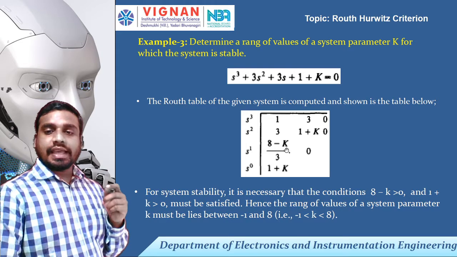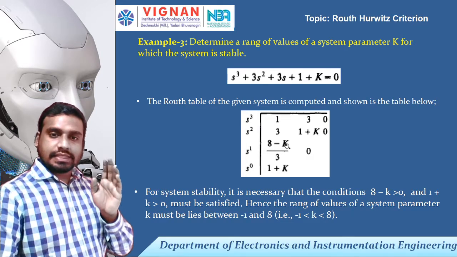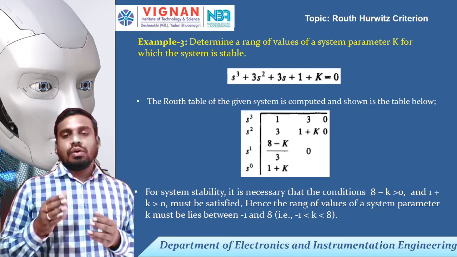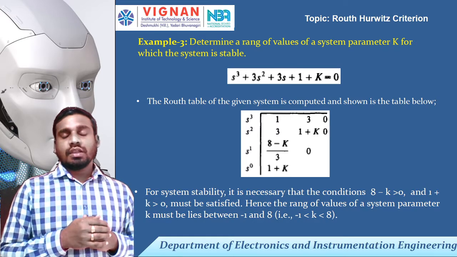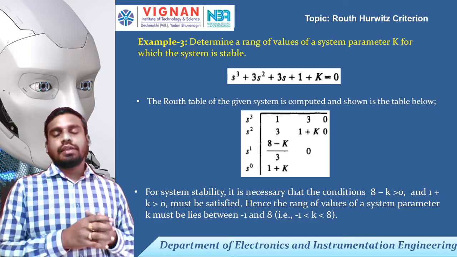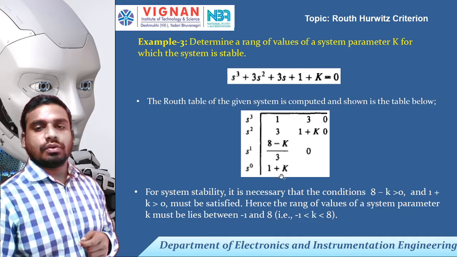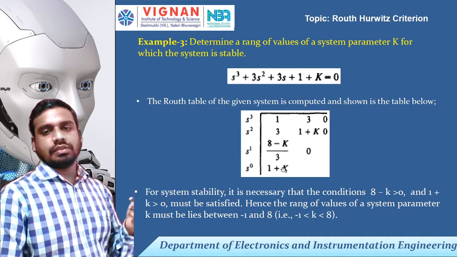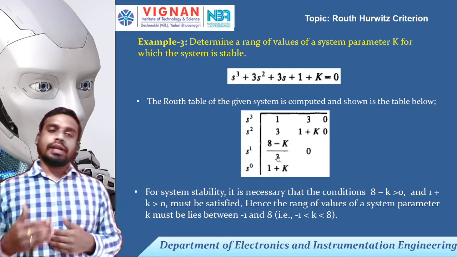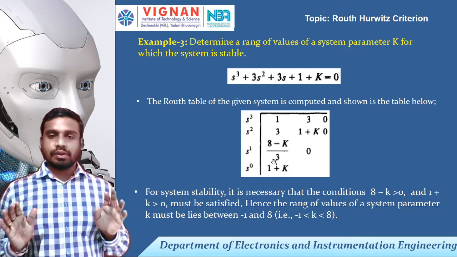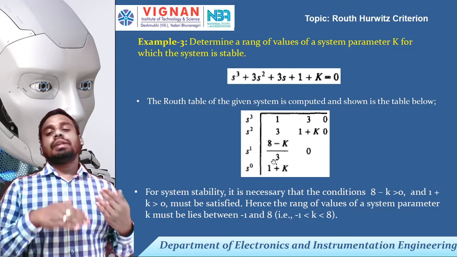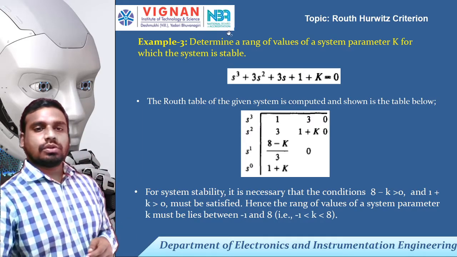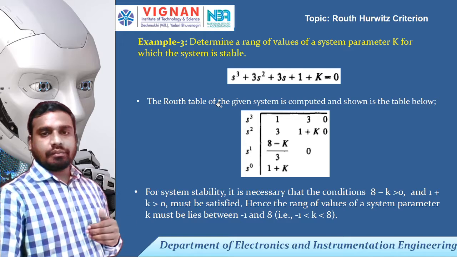So 8 minus k greater than 0, that is actually the maximum range. The minimum range is when you substitute k equal to minus 1. When you substitute k equal to minus 1, what you get here? You get 0, that means k equal to minus 1. That is the minimum actually. For all other values, if you substitute them, the system will go unstable. Only if you substitute k in between minus 1 and 8, the system will be stable. Right? So this is how they may give a question to estimate the k from the Routh table.